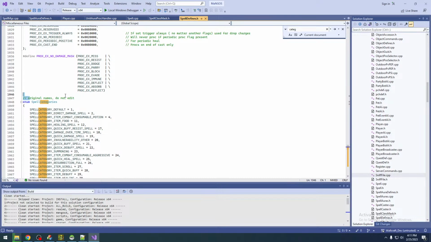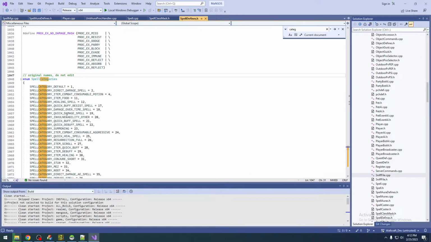And if you see its original names, do not edit. I'm pretty sure Battalion left this note because this is the names actually used within the client. I want to say the information was found when Classic was launched. These are very likely original names. So